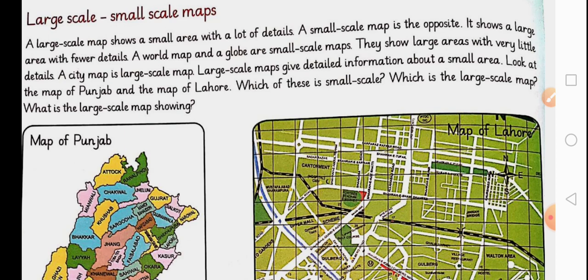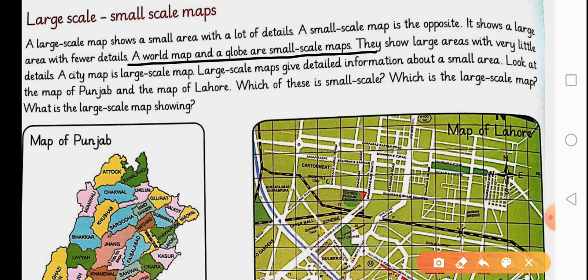Small scale map is the opposite. It will tell you about a large area, for example a whole province or a whole country, but you will not find any detail in that map. For example, if you look at the small scale map of Pakistan, it will tell you that there are 5 provinces in Pakistan, that Islamabad is the federal capital, and that there is a sea in Pakistan, its name is Arabian Sea. But if you want to know the detail of any city, a small scale map will not tell you anything in detail.